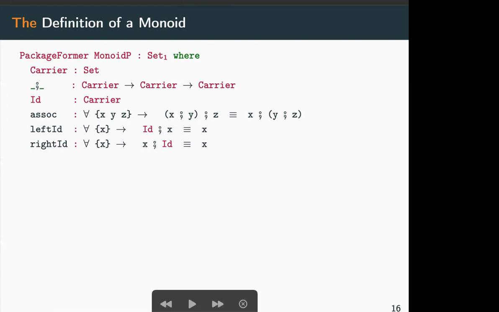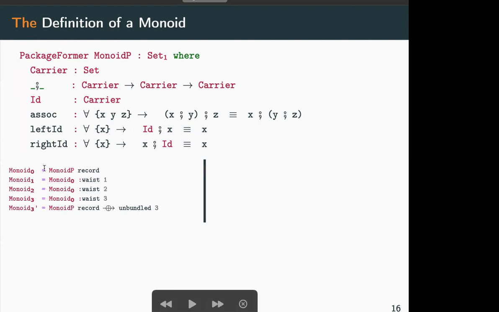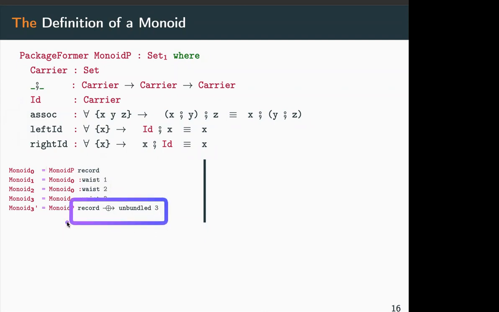So if we want the previous variations on monoid, we simply request them, right? So for instance, we say, hey, package former Monoid P, please make yourself into an Agda recognizable record. And that's what we do in this declaration, right? And now that we made this Monoid 0, we can say, hey, Monoid 0, you're a package former, please lift your waist up to 1, right? The keyword waist here just puts the word field at position 1. Likewise, waist 3 puts the keyword field at position 3, right? And of course, we can also form these in various other ways,